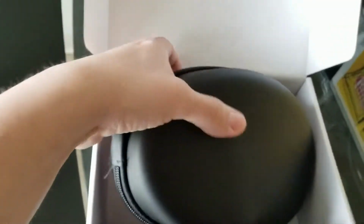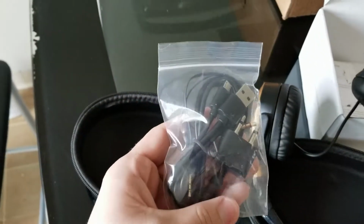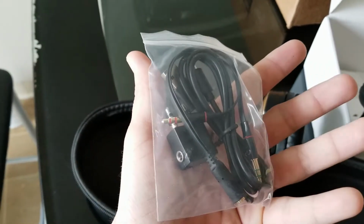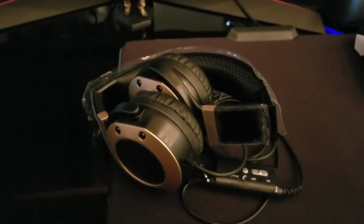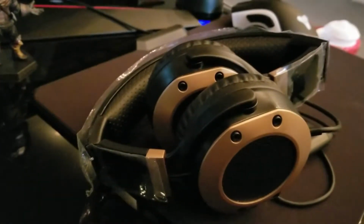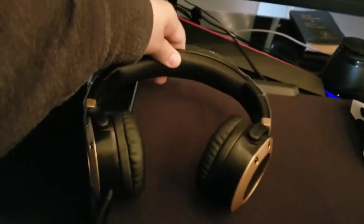So this unit features advanced reverse noise cancelling technology, reducing 85% of unwanted background noise. It uses 40mm drivers with a whole-piece formed Corona diaphragm for crystal clear, high quality sound. These are foldable on-ear headphones with an adjustable headband designed for pressure relief, a memory foam cushion, and custom-made patent leather ear pads for extreme comfort. As you can see, they fold out pretty easily, so there won't be any clicking or